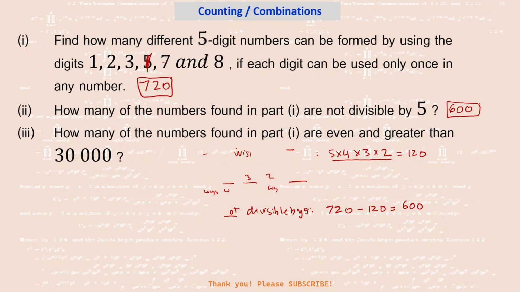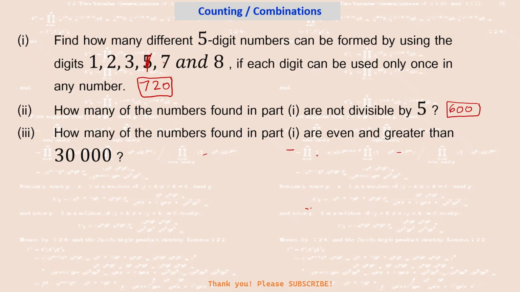And then the final bit, part 3, how many of these numbers are even and greater than 30,000? So it would be easier, I thought, if we had cases. So I can say case 1 would be 1, 2, 3, 4, 5 places once again. So if it's greater than 30,000, you can have as the first place a 3, a 5, 7, and 8. So let us start with 3,